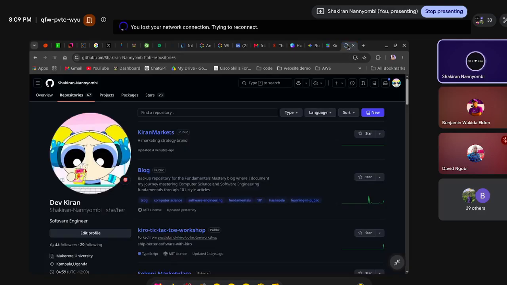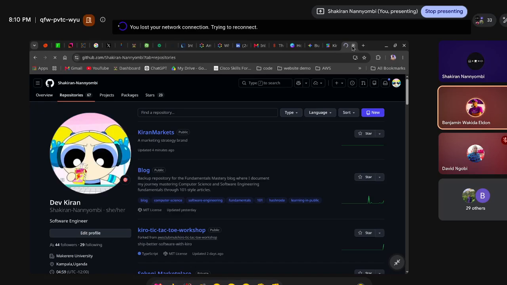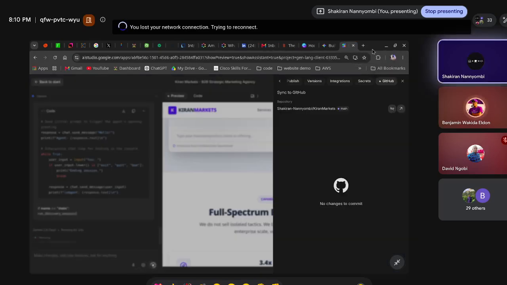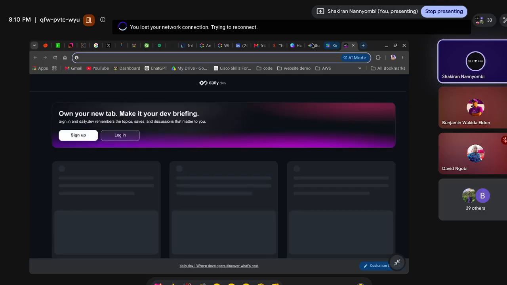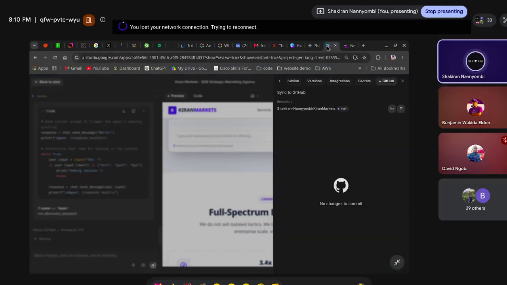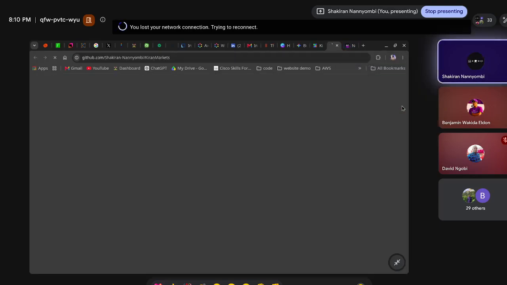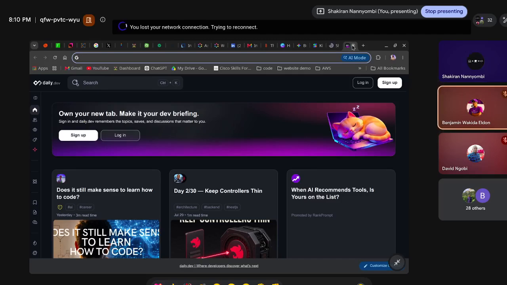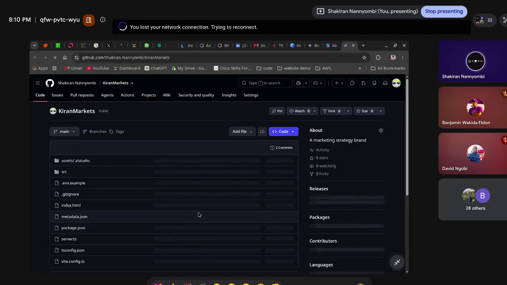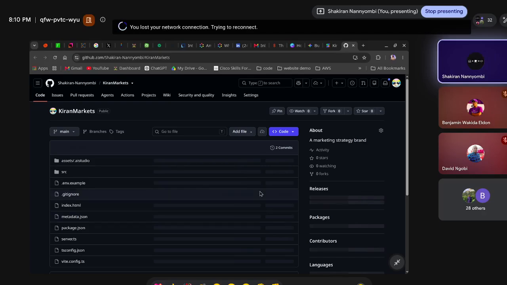No changes to commit. You can just close that GitHub tab and then you go back to Google Studio and then you open the repo. You know, it pushed, but I want to see whether the changes are reflected because it's showing me nothing. Click that arrow, then it will take it to the repo. Okay, thanks Benjamin. So we have that,